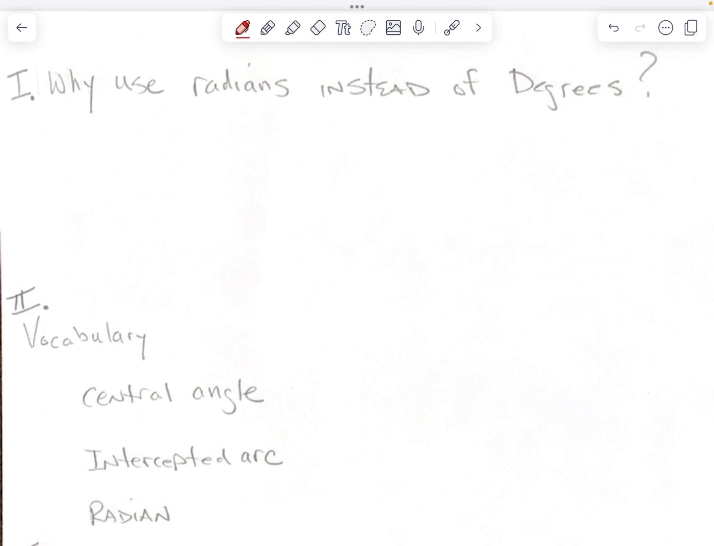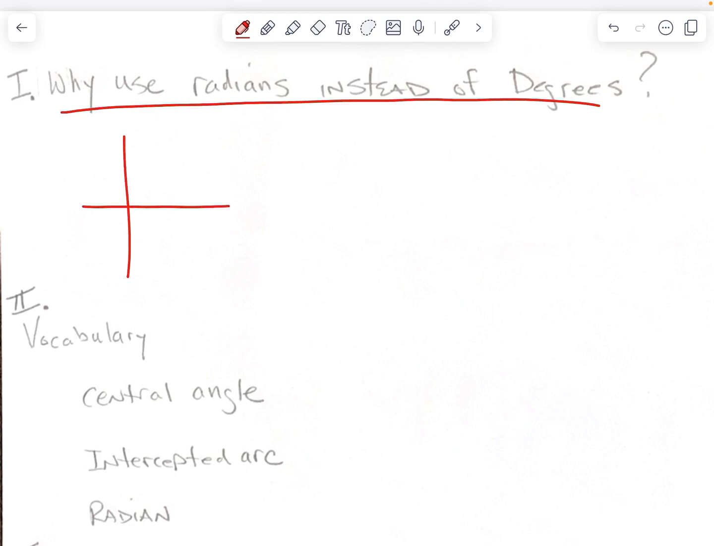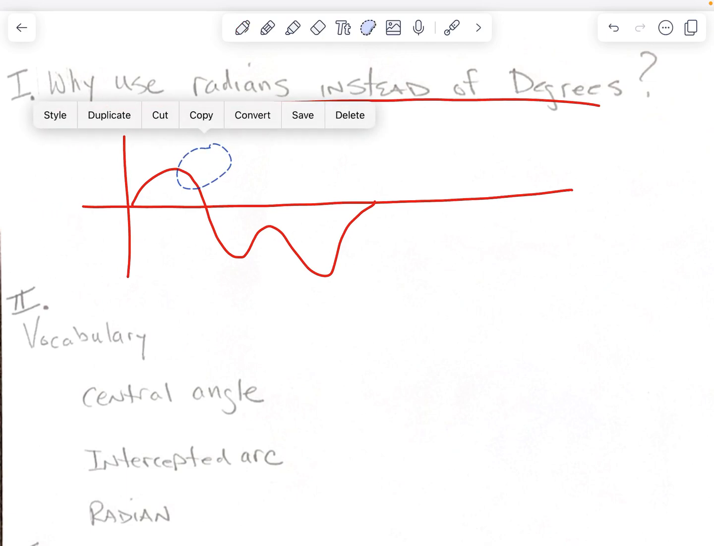All right, everybody. The first part of this video talks about why use radians instead of degrees, like why bother with radians whatsoever. We often use radians dealing with periodic functions because if we have a function that has an interesting shape and has a rather long cycle, which would mean a rather large period, the period being the horizontal